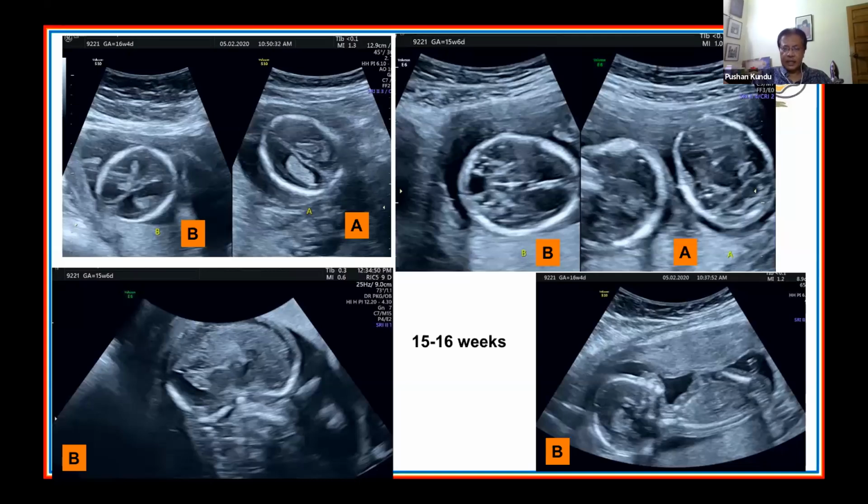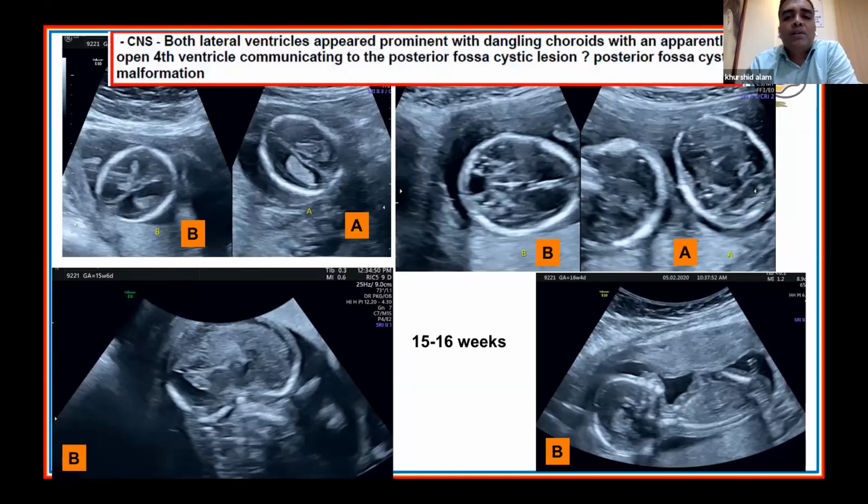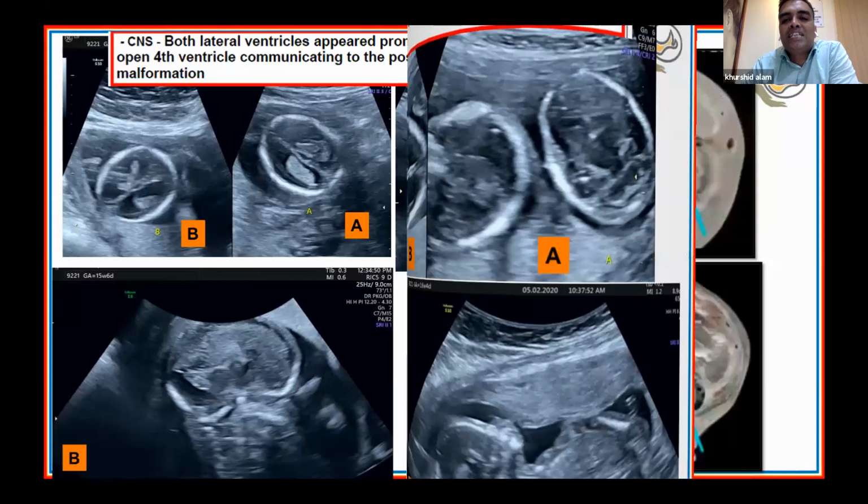Yeah. So exactly, we did the same thing. We called the patient at 16 weeks, and we found there was ventriculomegaly with dangling choroids and an apparently open fourth ventricle, which was communicating to this posterior fossa cystic lesion. So we gave a query posterior fossa cystic malformation, because we all understand at 16 weeks we cannot classify,